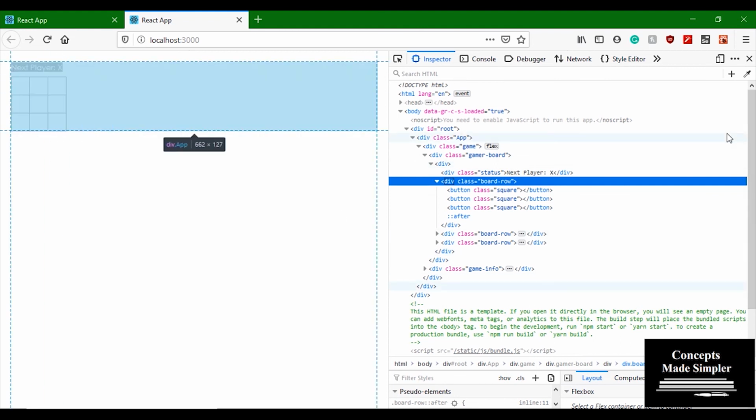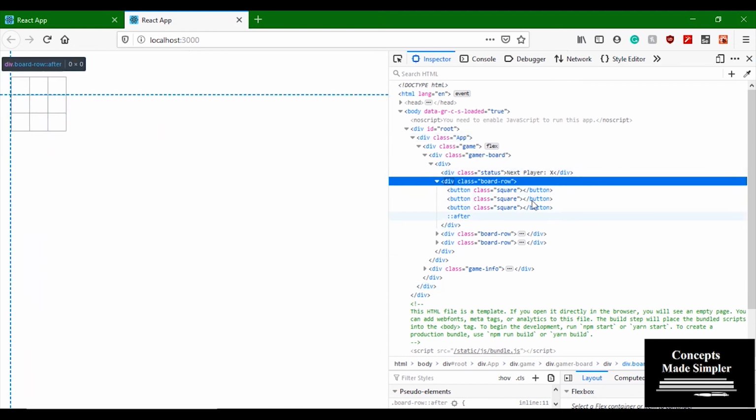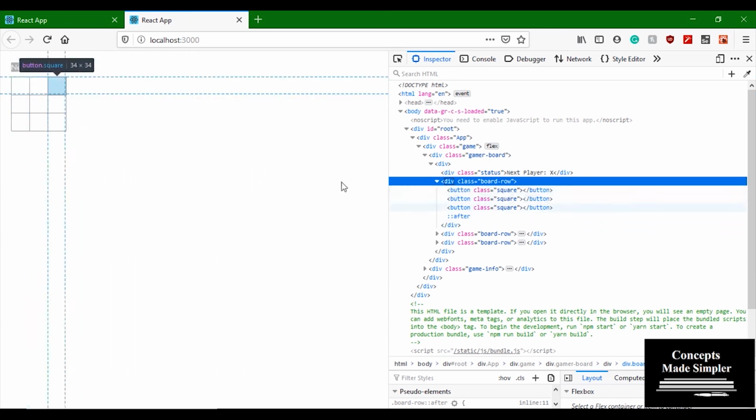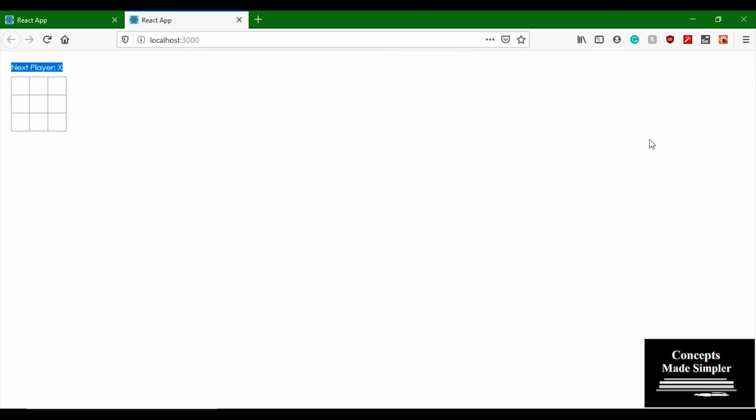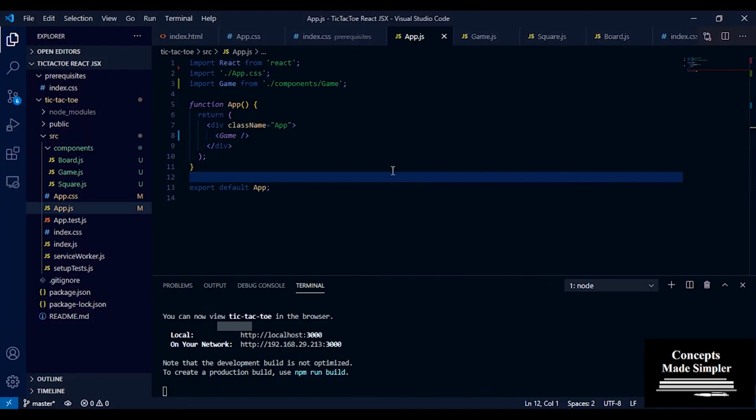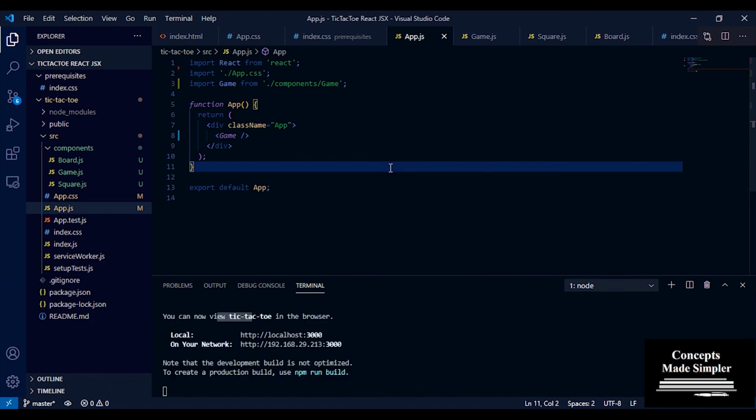If you had to do this in HTML, you would have had to copy many lines of code, but here you just made a component, a function, and that function rendered this component multiple times. All right, so this is the basic setup. We have our basic components and everything ready. Now we're going to start adding our functionality. So let's do that in the next video.